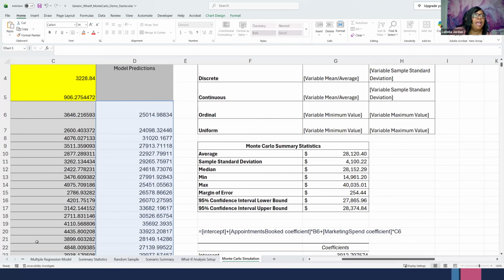So if I look at my Monte Carlo simulation, the simulation average is $28,000.40, and the median is 28,152. Both values are close to the baseline prediction of $28,173. So it makes sense because the simulation generated appointment and marketing values around the same means used to create the baseline. So as the inputs move above and below the averages, the predictions also move above and below the